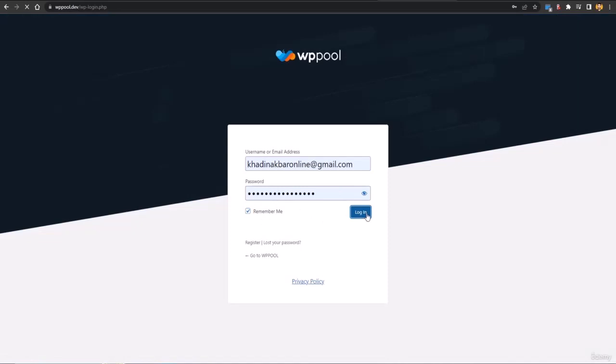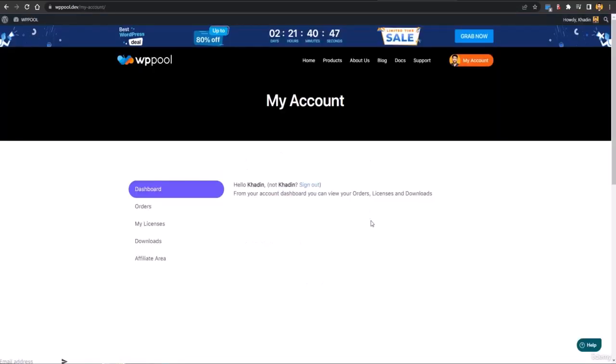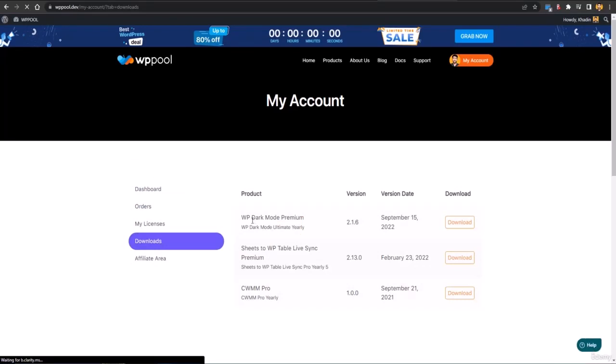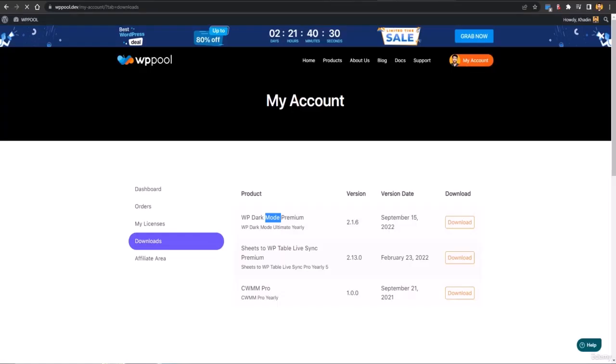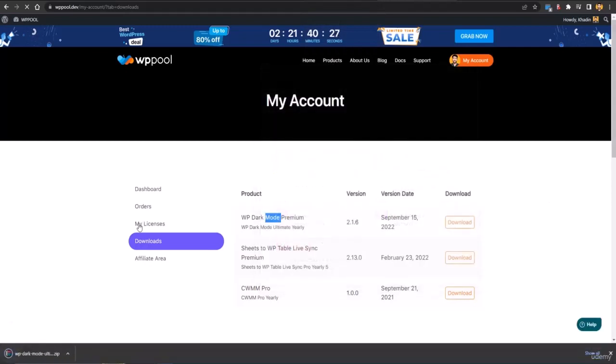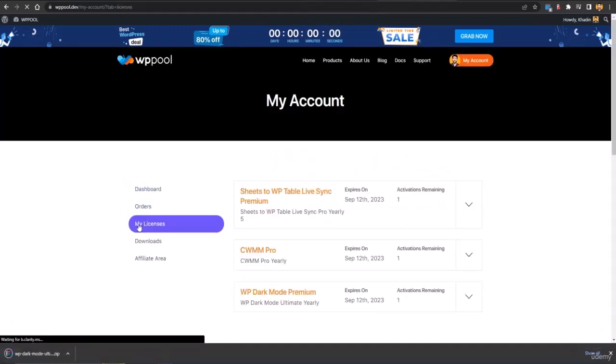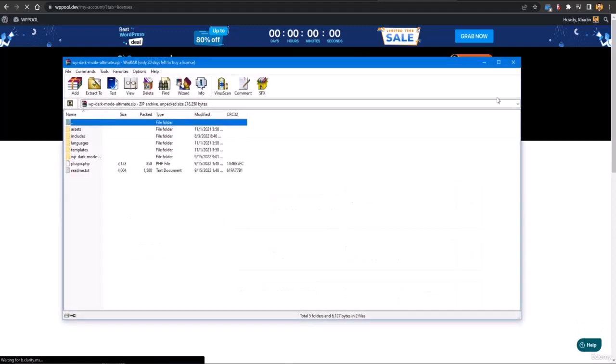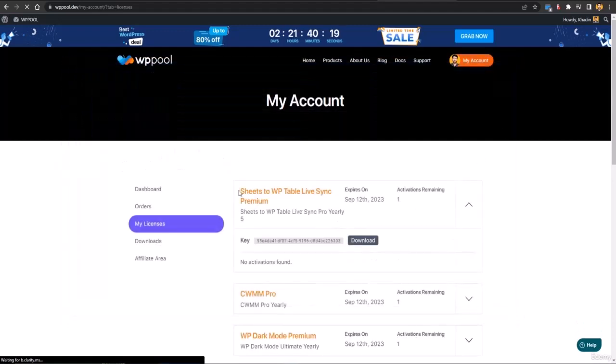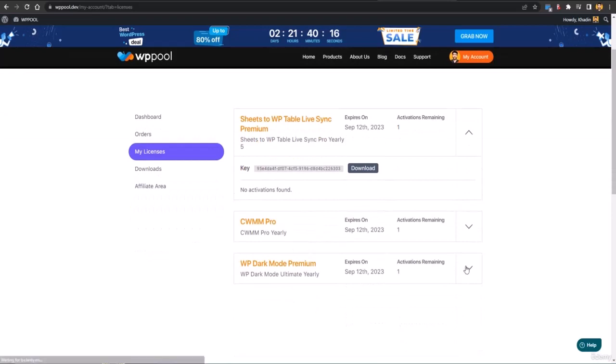And after going to the dashboard, so here we are on the dashboard, and then I just have to go to this download section. And from here in the download section, I'll just have to download this WP Dark Mode Premium. So I'll just click on download, and the WP Dark Mode Premium would be downloaded for me, and my licenses are available in this My Licenses section. So I have one license for this activation, so I can just use this